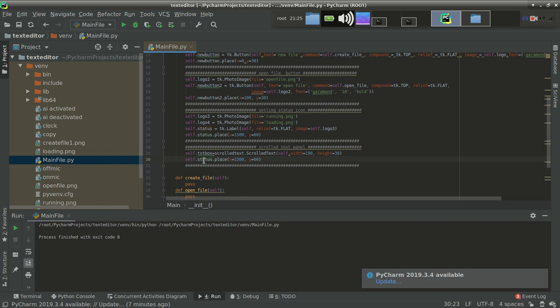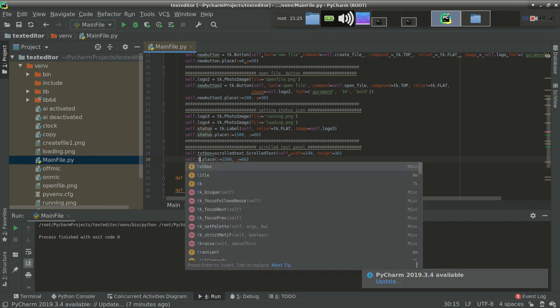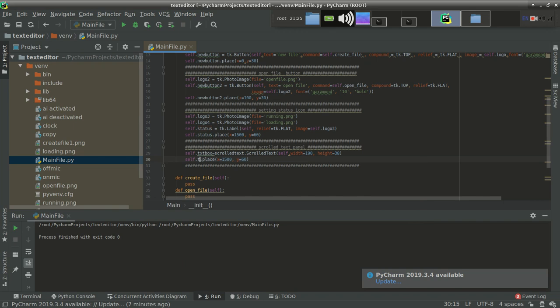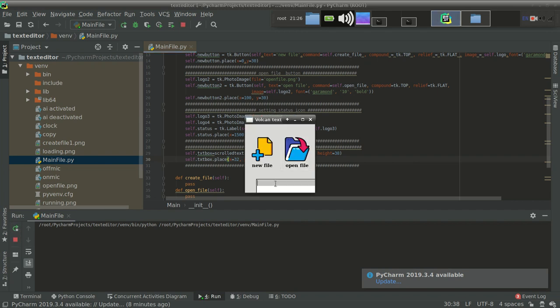self.status.place, not status, the name over here is going to be textbox. So self.textbox.place. Now specify the coordinates. X coordinate will be 32 and y coordinate is going to be around 160. You can change it. Let's verify the result. You can see that here is a text box.